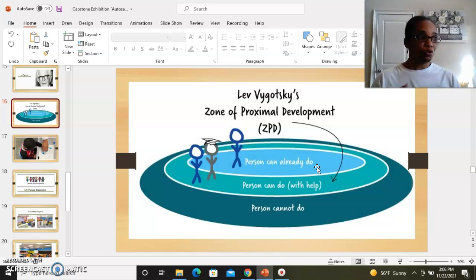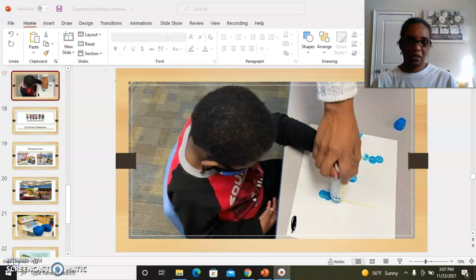We want to pull away from guiding them, but we want them to be independent, as in going and checking their visual schedules, hanging up their book bags, modeling behaviors, how to act in the classroom, or how to model certain activities. We want them to be independent. Here's a picture of me working with one of our students doing our literacy whole group activity on tracing the letter I. I was assisting one-on-one with our student with the do-a-dot art marker by doing hand over hand to model what he needed to do.